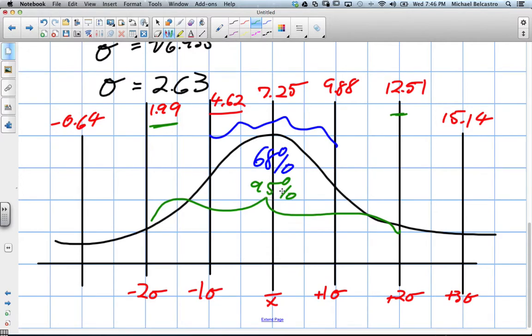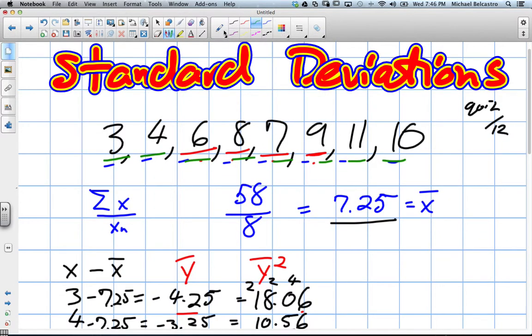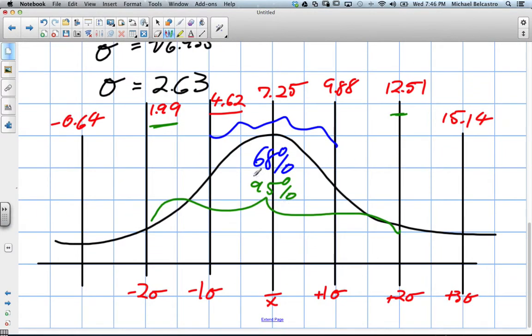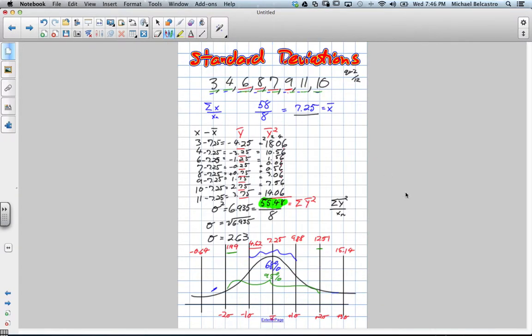The reason this happens is because we have a pretty small sample size. What I mean by sample size is I only have 8 numbers to work with. If we were working with something like 30 or 40 numbers, then we probably would have gone closer to our targets of 68 being between these two, 95 being between these two, and we would have found the odd numbers outside of that range. But that gives you an idea of how to apply it to normally distributed information. So if I was to do that and then draw